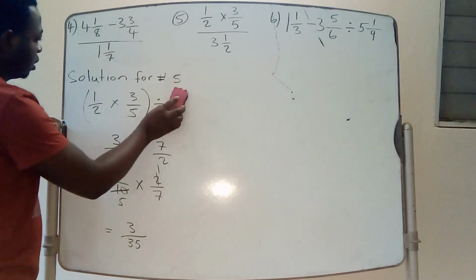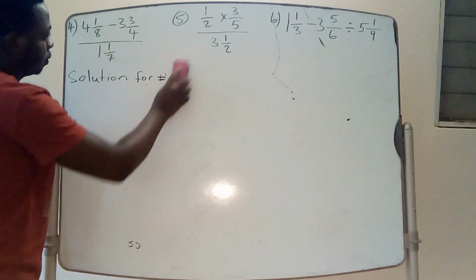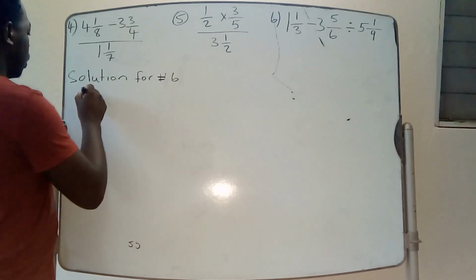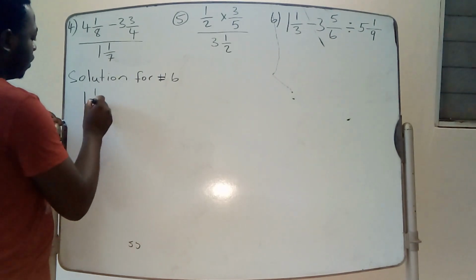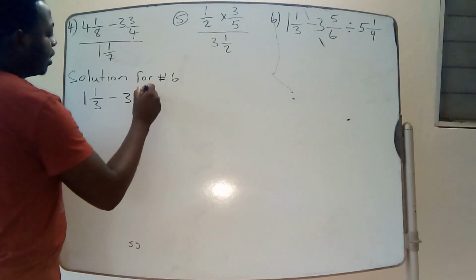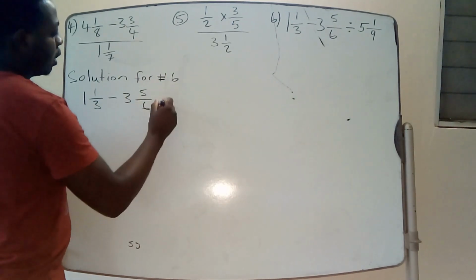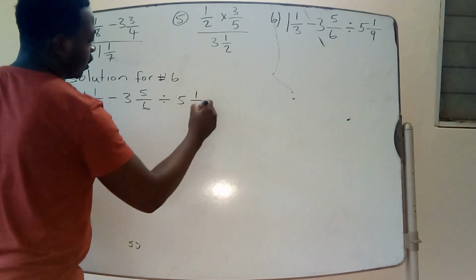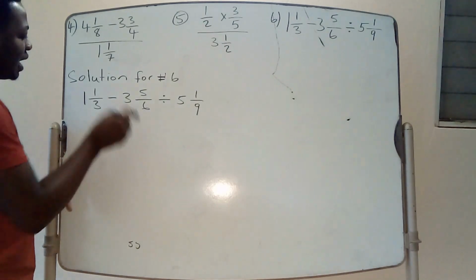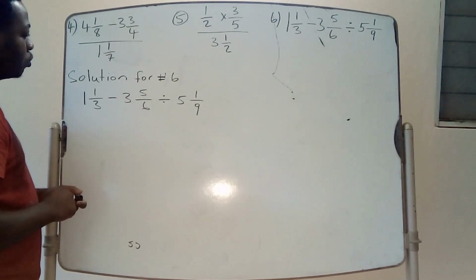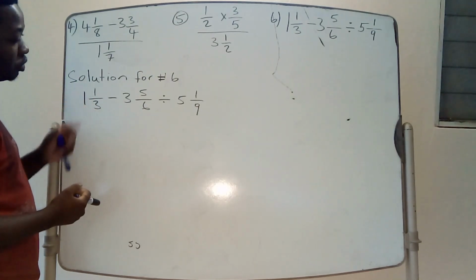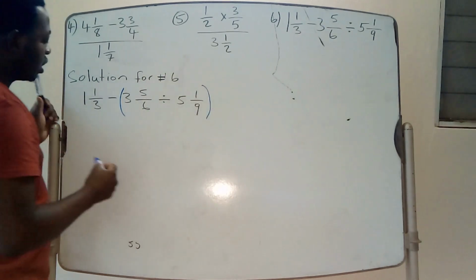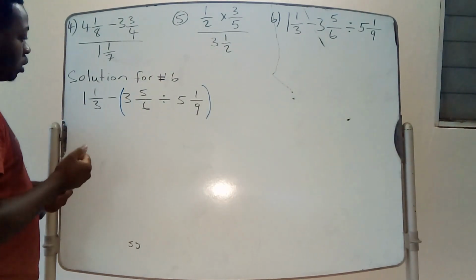Now to our final question. So number 6, we're given 1 and 1 over 3 minus 3 and 5 over 6 divided by 5 and 1 over 9. Now, whenever you get a problem like this, it means that you must always do division first over subtraction. So what you are going to do, you are going to introduce a bracket to this problem. So you're going to put a bracket here, because the order of operation says division comes before multiplication and subtraction